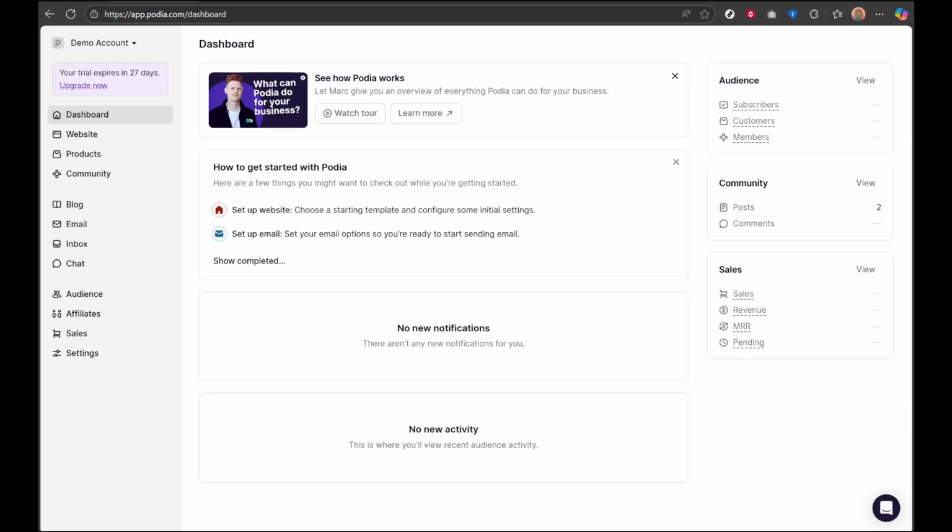In today's video, I'm going to teach you how to change email address on Podia. If you've updated your primary inbox or just want a cleaner setup, changing your email on Podia is quick and straightforward. This update affects how you sign in and where Podia sends important notifications, so it's worth taking a moment